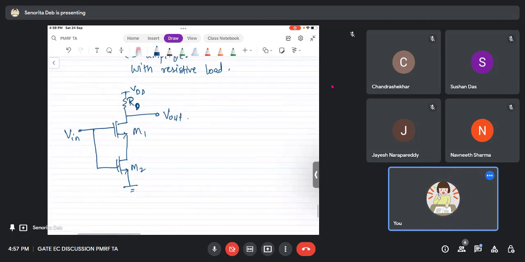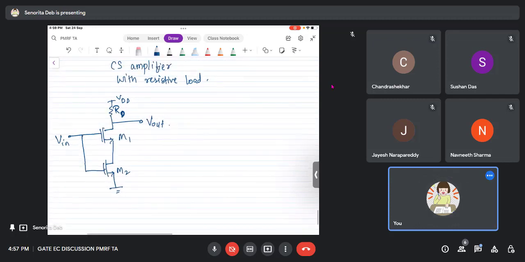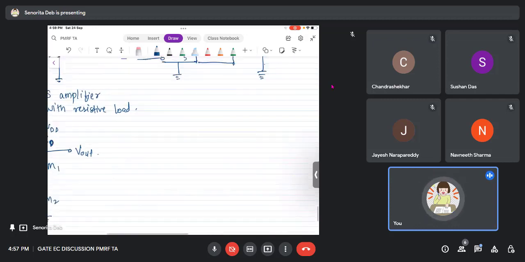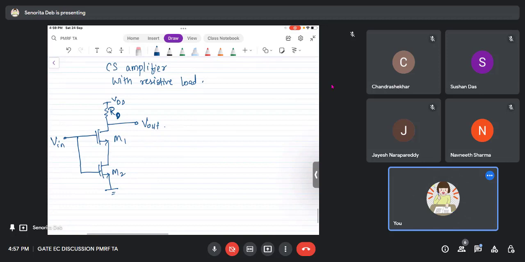Now you see there are two MOSFETs, right? There are two MOSFETs. Now you have to do the small signal. So what will you do? The way I do it is that I separately make the small signals first. Okay. So let me just make the small signal of M1 first,